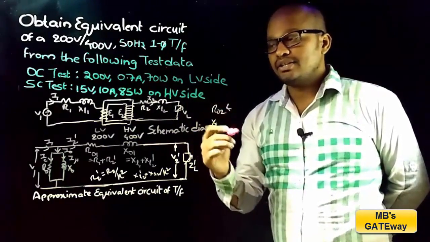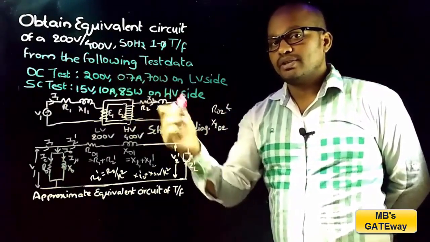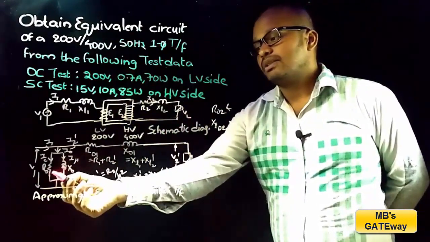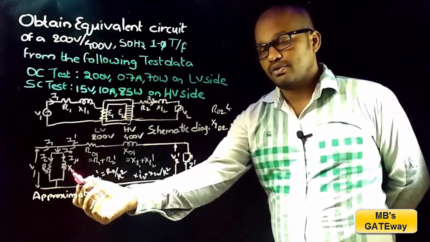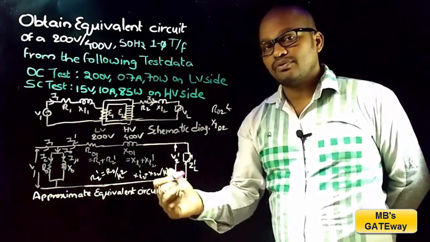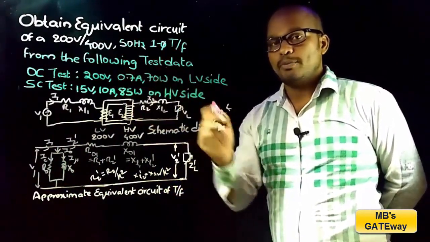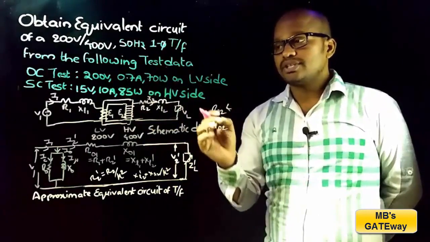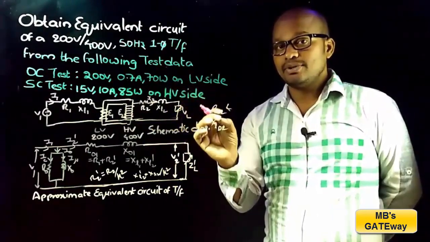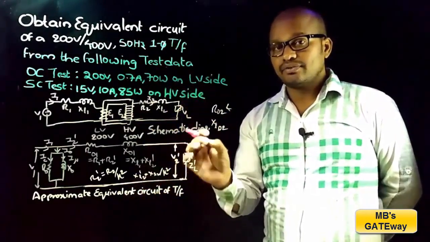And it is discussed that from open circuit test we can find the shunt branch elements R0 and X0 of electrical equivalent circuit of transformer, and we can also find the iron loss of the transformer from open circuit test. And from short circuit test we can find the series branch elements of the electrical equivalent circuit of transformer,